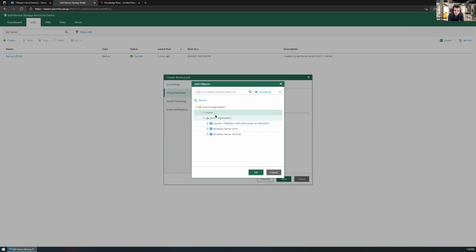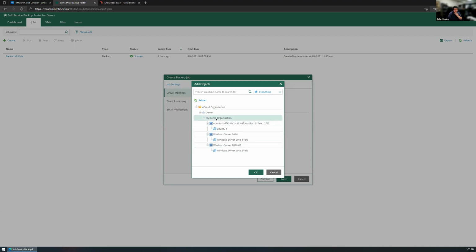There is a cost per VM to do that, but you can also go and back up uniquely into each virtual data center, right? So you can see where Dylan's got the demo selected at the top there, that's the organization layer. The next one down is the virtual data center. And then you go into the VApp, like Dylan touched on before, and then the VM. So you can be very granular. I typically recommend that you select the VDC or the org, because if your team are creating VMs regularly, that can incur additional costs. So you have that option.